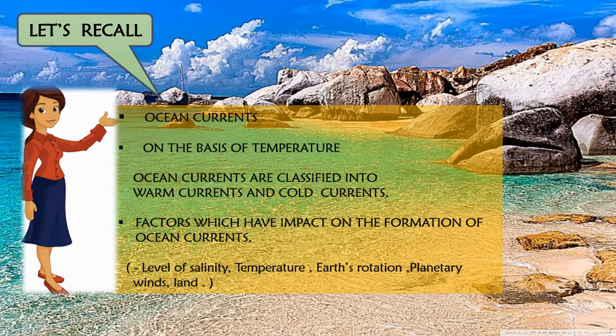We also learned that ocean currents have been classified on the basis of temperature, that is, warm ocean currents and cold ocean currents. What is warm ocean currents, students? Warm ocean currents, that is, the currents which usually take the warm waters of the equatorial region. These waters are light and move along the surface towards the polar region where they are cooled. Cold water currents, the cold water is denser and heavier, so it sinks downwards from the surface and moves slowly towards the equator, where on warming up it may rise to the surface again.